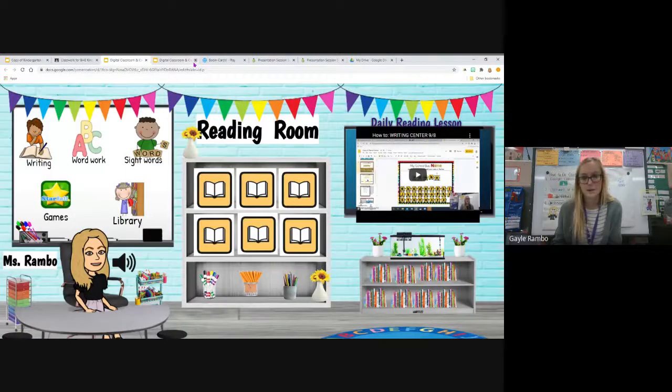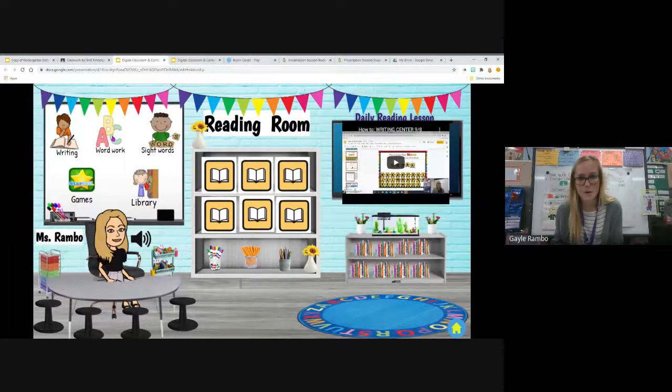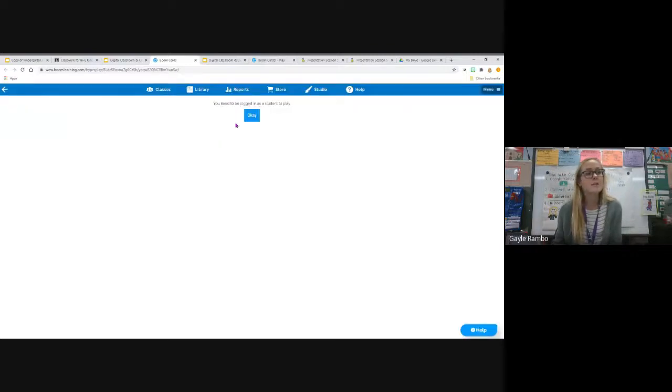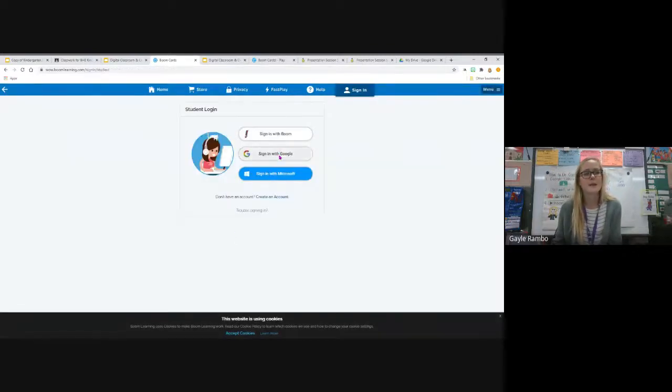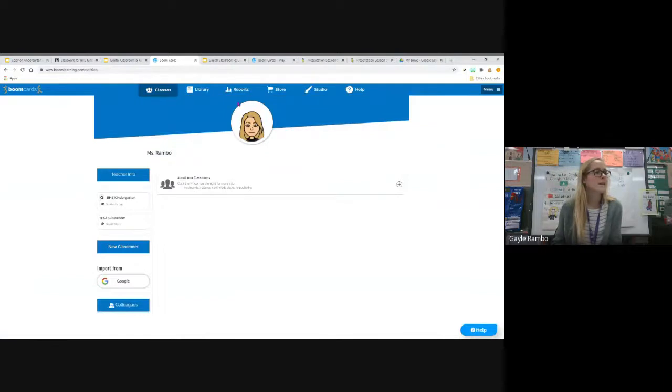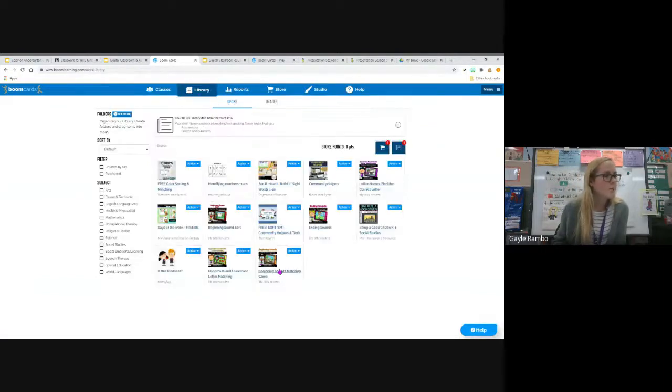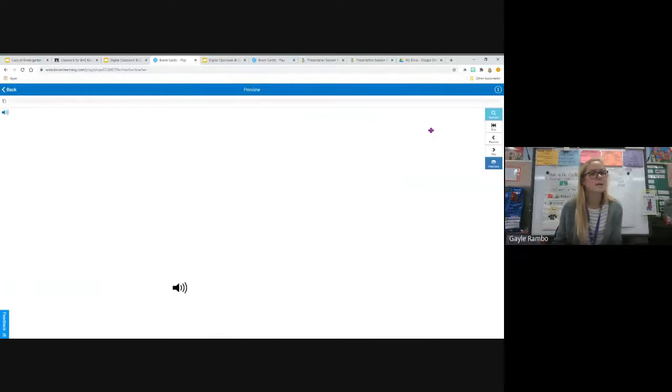That's our writing center. Now we're going to talk about the word work center. The word work center is in Boom Cards. Now to play Boom Cards, you have to click on the picture of the word work center, click the blue button, click sign in with Google, and then click your name. When you're logged in, yours won't show you this page because I have the teacher account, but it will show you this page. It says beginning